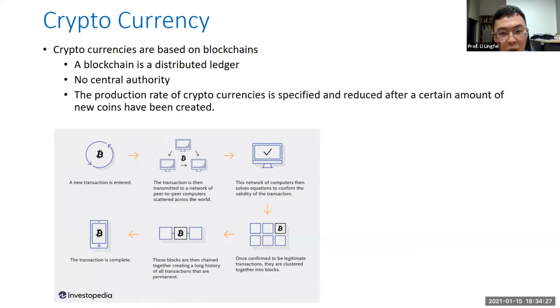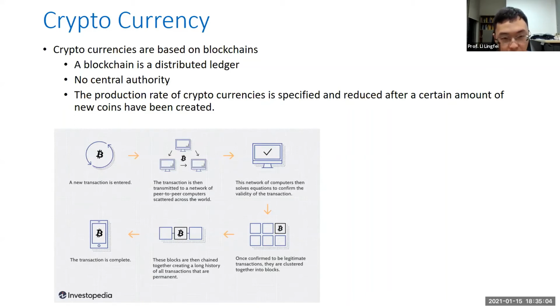How it works is that people from different places in the world are doing mining to solve some cryptography problems, to verify the transaction. The one who solves the problem first will actually get some reward. Some Bitcoin will be created and rewarded to the one who first solves the problem. So this provides incentives for these people to work hard to solve these problems and verify the transactions.